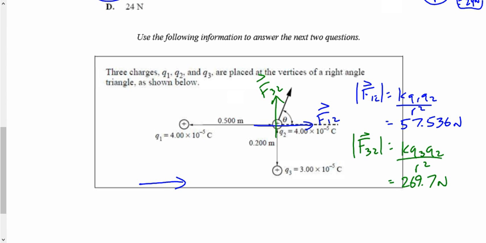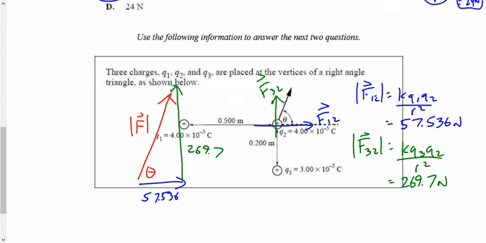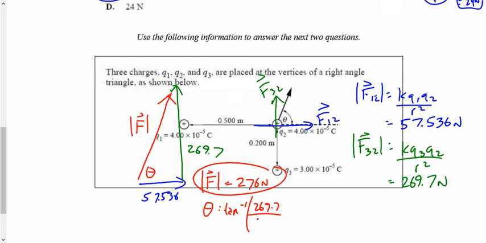And then, of course, we want to find that net force, which is multiple choice number 2. We're going to draw out a vector diagram, 57.536 plus 269.7 newtons. The resultant vector that we're looking for right here is F, along with the angle theta. Using the Pythagorean theorem, F works out to be 276 newtons, and theta, using the inverse tan function of opposite over adjacent, ends up giving me an angle of 77.95 degrees,